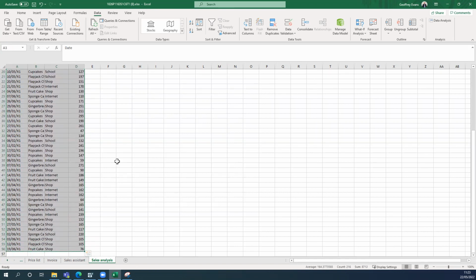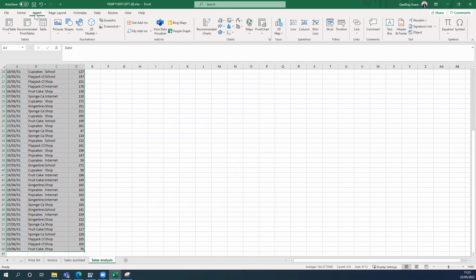Right. And then we're going to insert. On mine, it usually has pivot table and chart on here, but mine just has pivot table, okay? Yours might have pivot table and chart. I'll show you if not. If I just go to pivot table here,